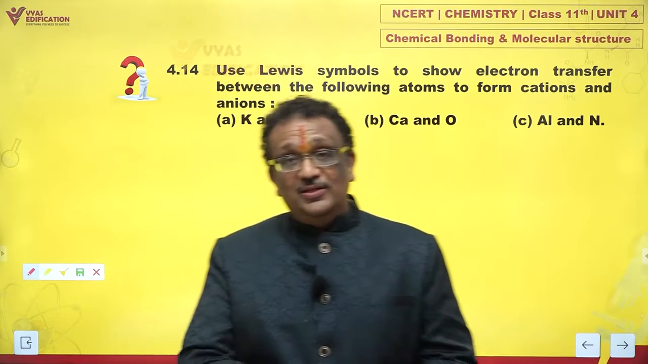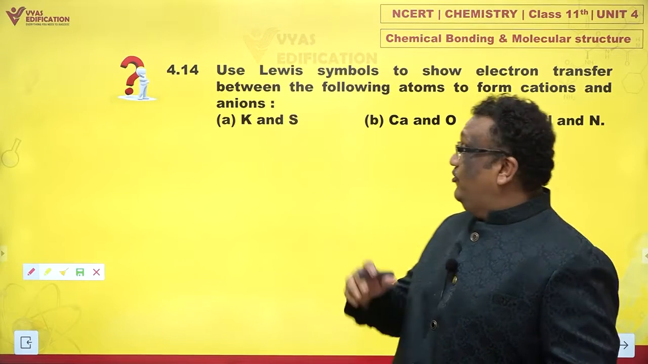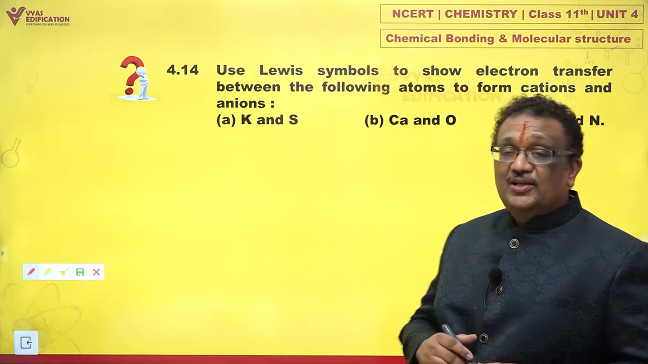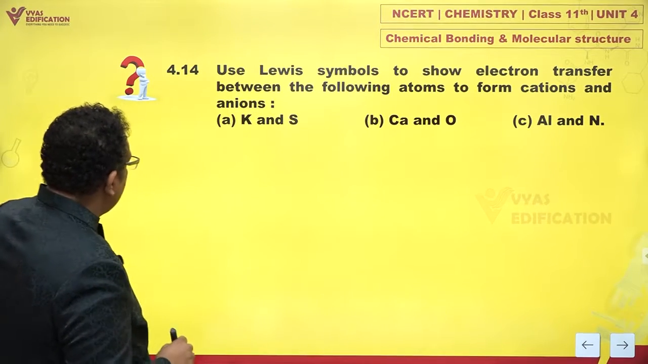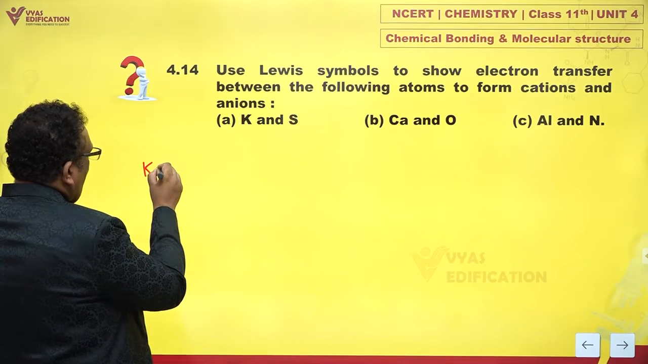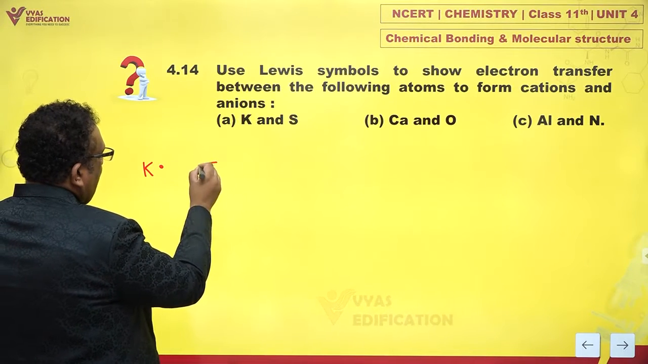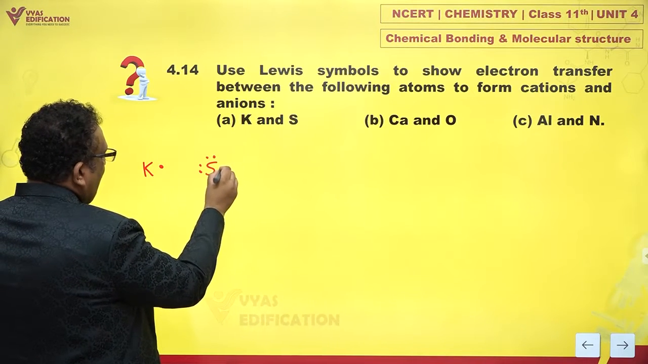Use Lewis symbols to show the transfer of electrons between the following atoms to form cations and anions. Let's take a look. We're getting ionic bonds. Potassium and sulfur. Now potassium is in group 1, it has 1 valence electron, and sulfur is in group 16,